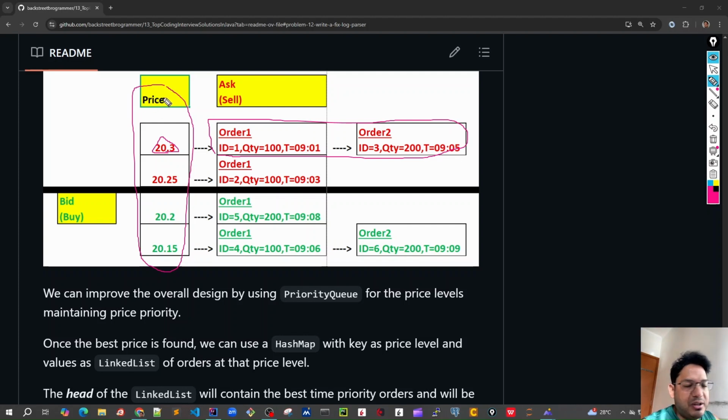And for the PriorityQueue, we also know that there are a lot of good algorithms. For example, adding an element takes log n, and sorting or removing also takes log n. So all this would be taken care of by the PriorityQueue. By using the 2D approach, we are taking advantage of both data structures, PriorityQueue and linked list, and this design is much more robust and scalable. We can run a lot of algorithms, such as finding what the total order quantity at a price level is, what the total volume available is, and much more.